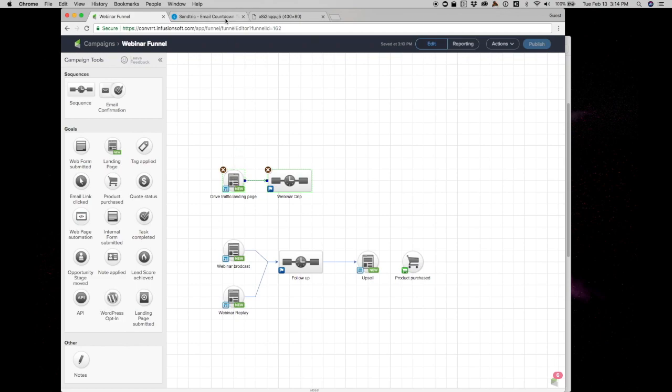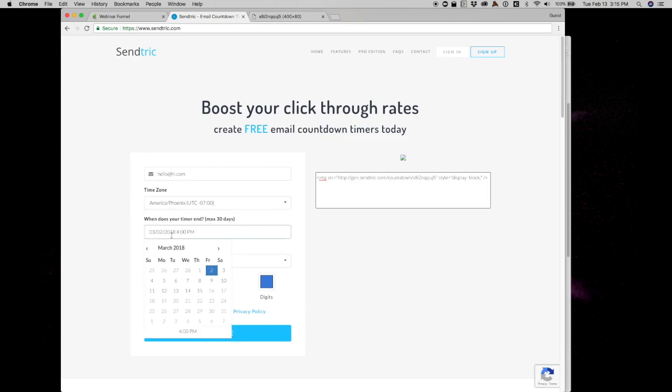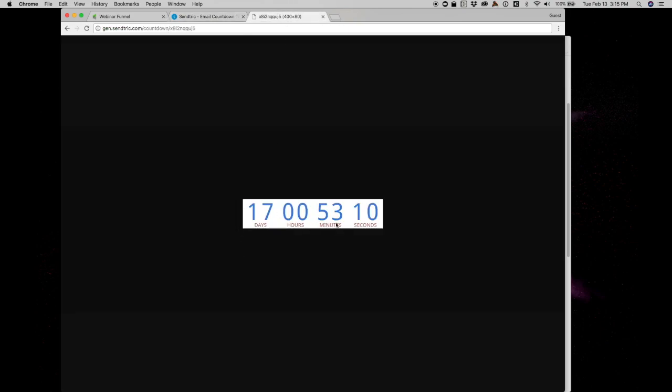Some of the things that I will be using is the countdown timer. For the countdown timer, I use SendTrick. It's a little free email countdown timer where you just put in the email, and you can set your requirements. I've set March 2nd as the deadline, and I've picked some colors and clicked generate, and it created this code for me. This code is essentially a running countdown timer. So we will be using this little URL as an image,